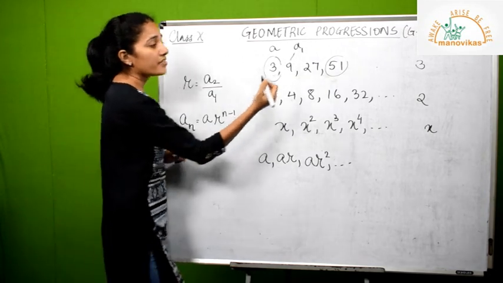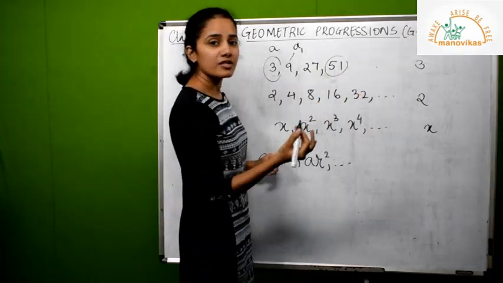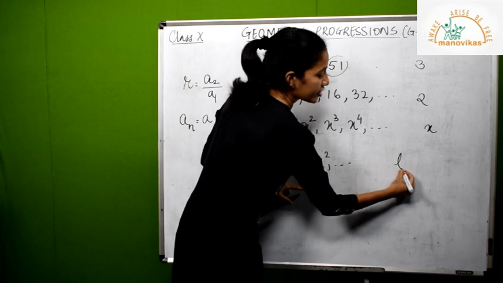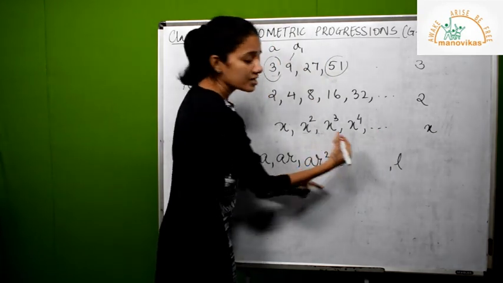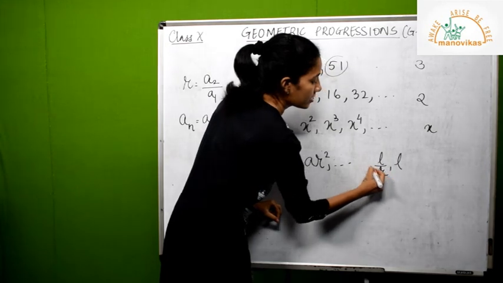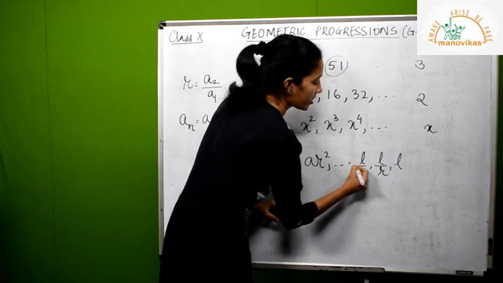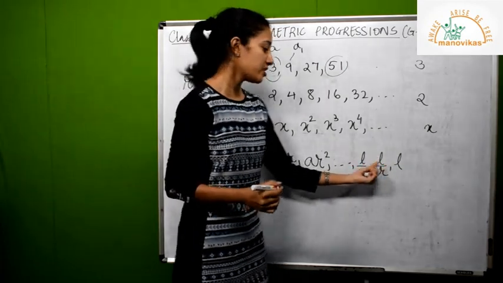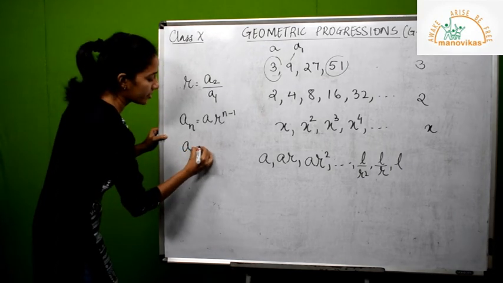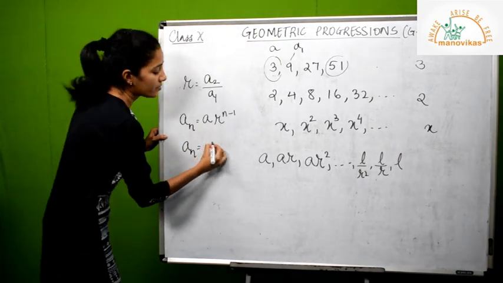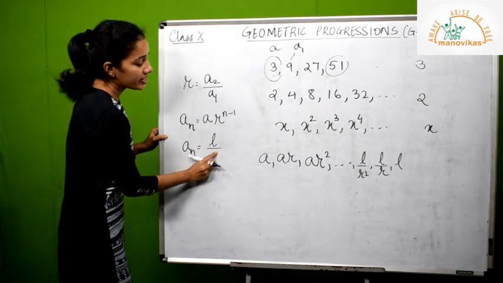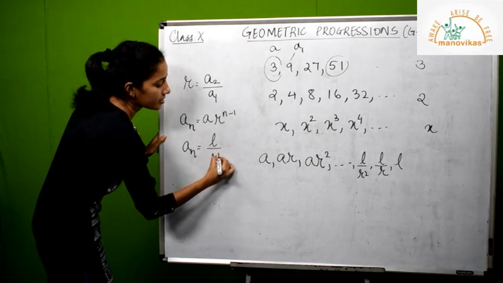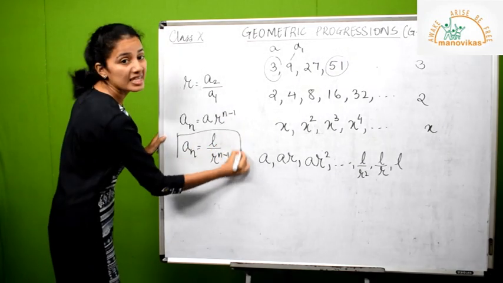Now if you have to calculate the nth term from the end, then the standard geometric progression is ar square, say the last term, and since it is a decreasing sequence now, you will be dividing by r, and the next one will be l upon r square and so on. So if you are calculating the nth term from the end for a geometric progression, the formula is given by, instead of a, it will be replaced by l, and it will be divided by r, because it is decreasing now. So from the end, the same term remains as it is. So using these three formulas,